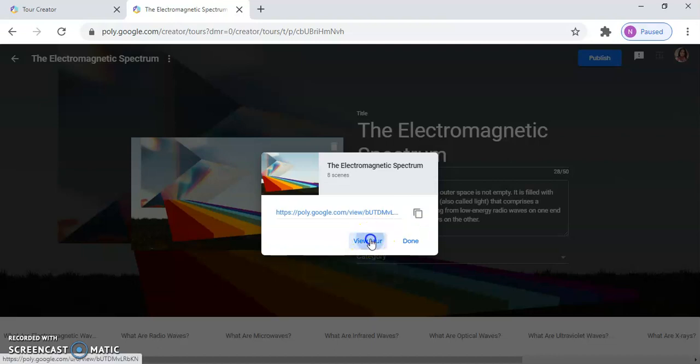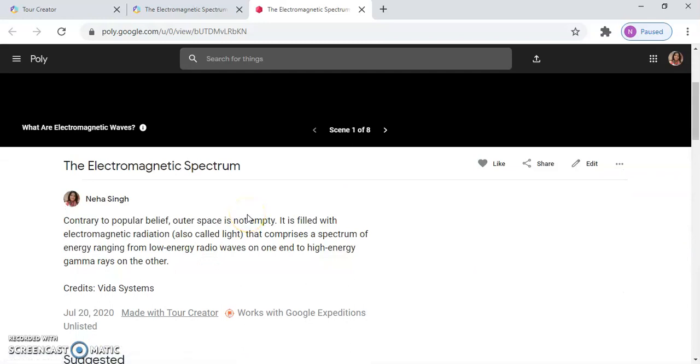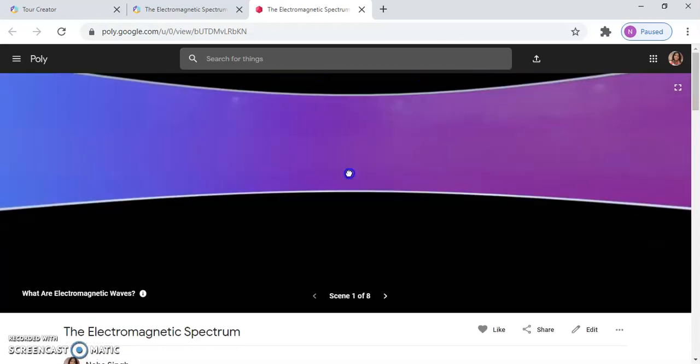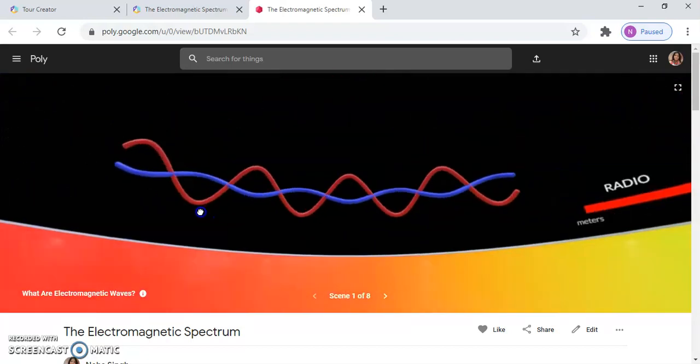Now let us view the tour. So here is the title of the tour, the electromagnetic spectrum, with the description which is written over here. Now here you can see that we can take a 360-degree view of this spectrum.